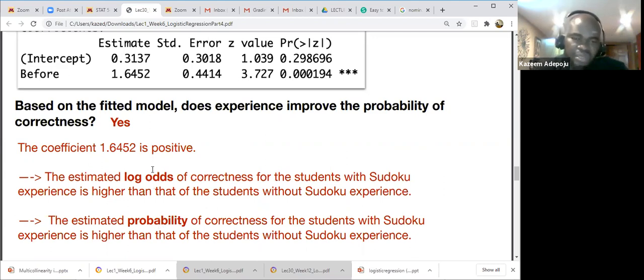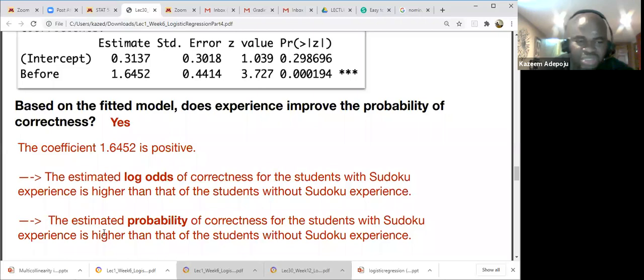Because if I want to find the probability, I can actually use the function right here, because I know the log odds is equal to the ratio of the probability of correctness divided by the probability of getting it wrong. When I solve that,